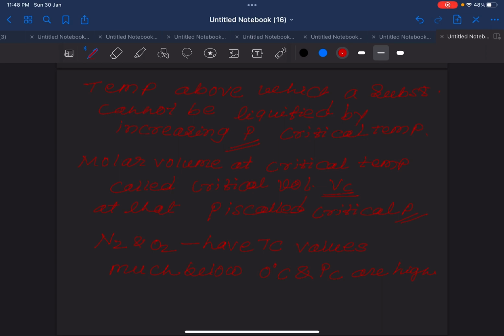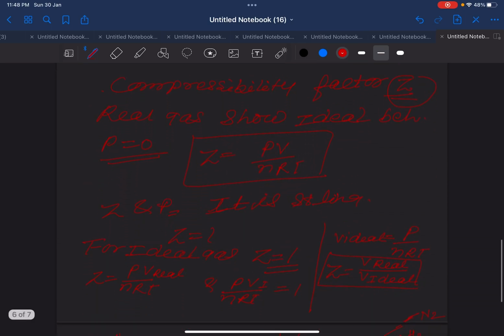Consequently, liquefaction of O2 and N2 requires compression and cooling. So we can say that